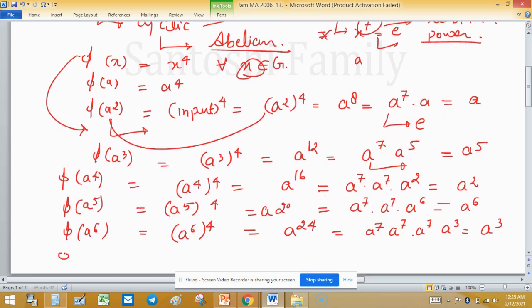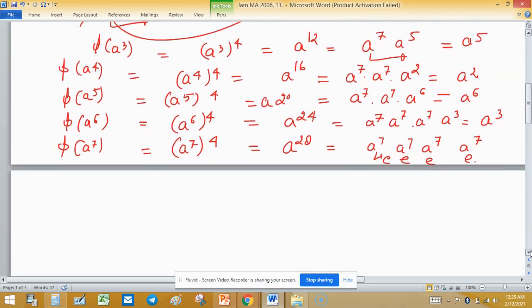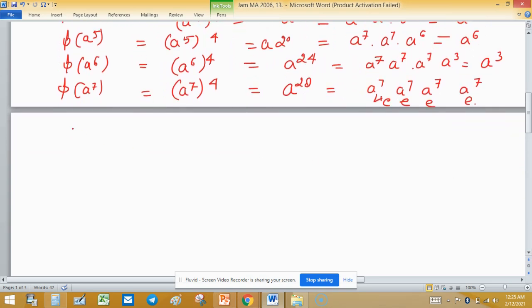And you can check phi of A raised to the power 7. So A raised to the power 7 raised to the power 4 will be A raised to the power 28, and you can write A raised to the power 7, 7, 7 and 7. And this is E, E, E, E. So all elements of degree higher than 6 will repeat here. So you can check as you put the input,